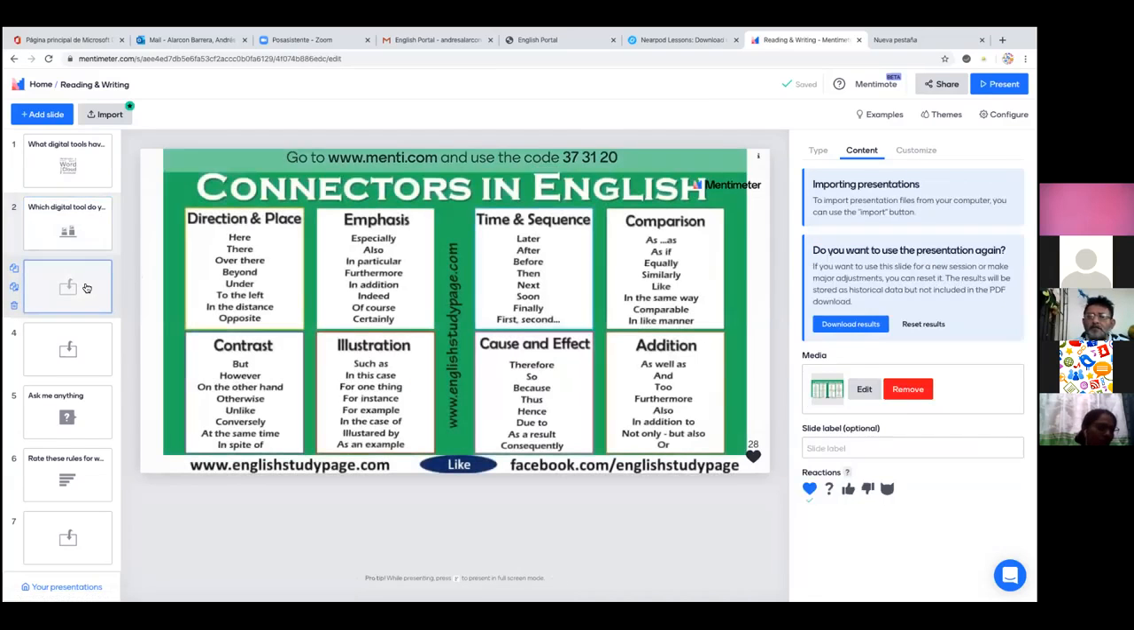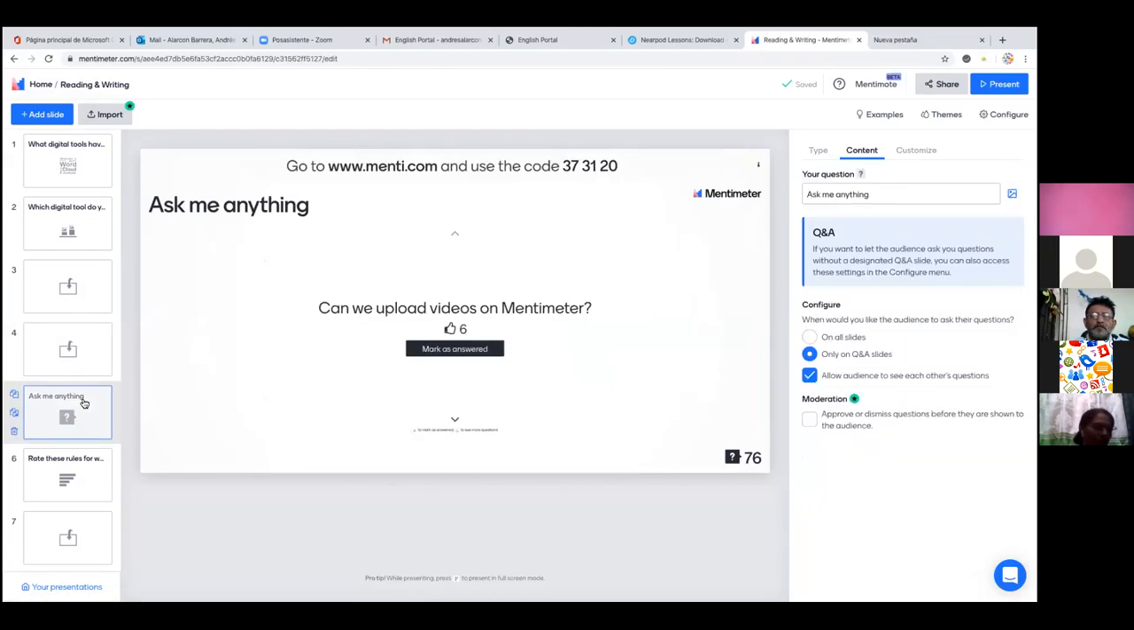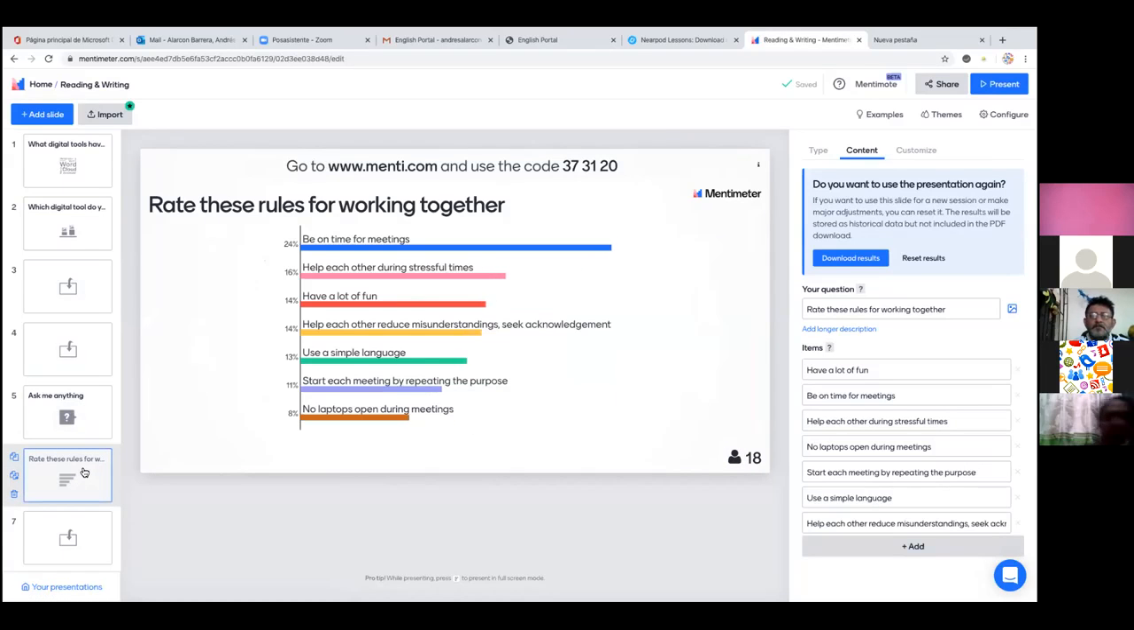Then I have the pictures that I already showed you. Here you have the question that I asked you. Here I have another slide. That was the last slide that I showed you. However, I want to show you a little bit more. If I go to the upper left corner here in Mentimeter and click Add Slide,